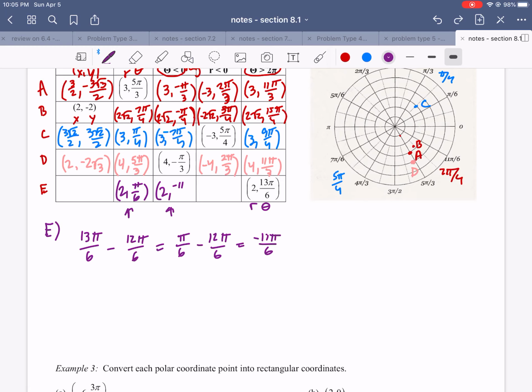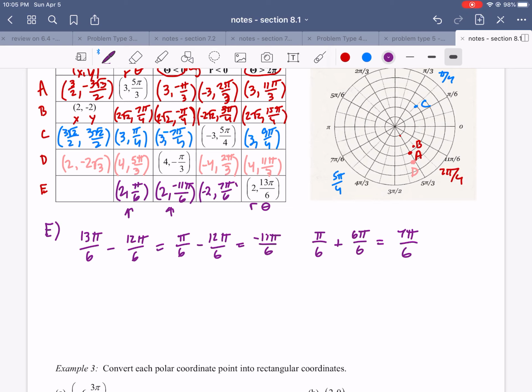Sorry about that. Hold on just one second. There we go. And then for the negative radius, we're going to have negative 2, and then we're going to have the point that's diametrically opposite of pi over 6. Diametrically opposite of pi over 6 means that we're going to add a pi in this case. Since pi over 6 is in quadrant 1, adding 6 pi over 6 is going to put us into quadrant 3,